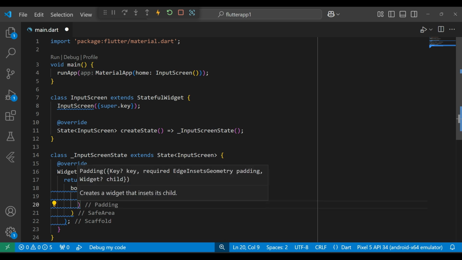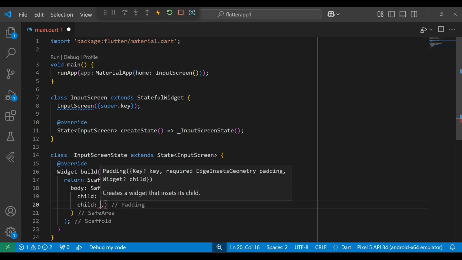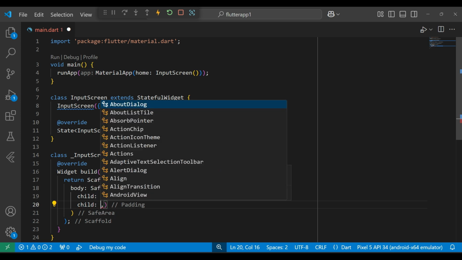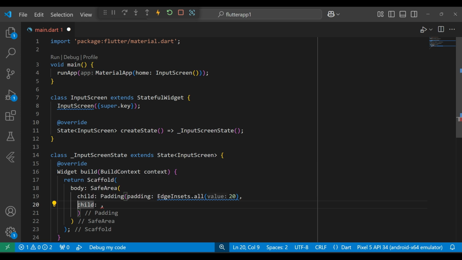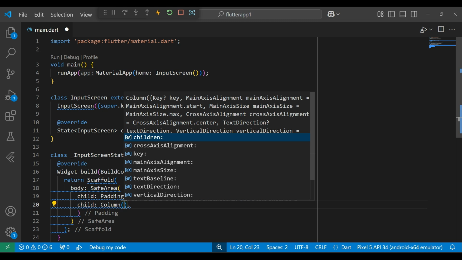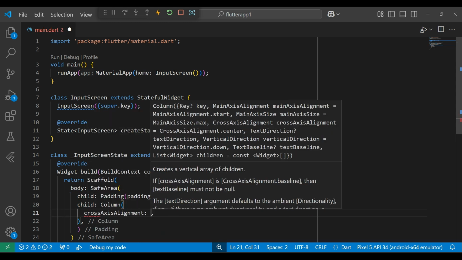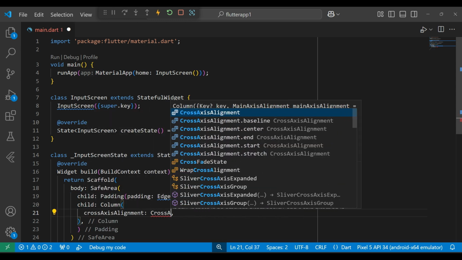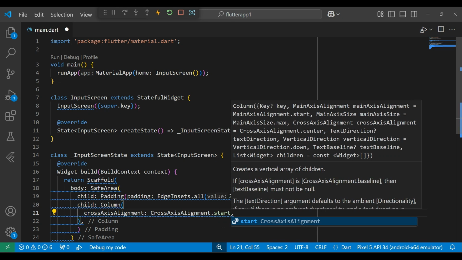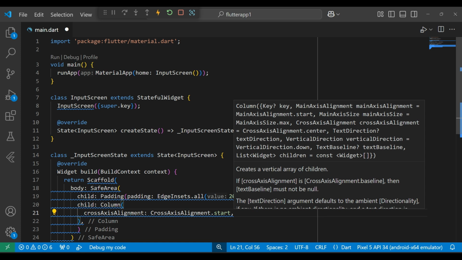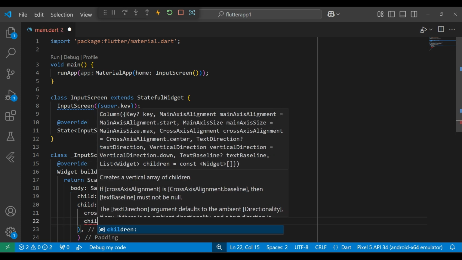And then the second property is child, and in the child property we want to call a column widget, column, and then in column widget we set the property cross axis alignment, cross axis alignment dot start, and then we call the children property,